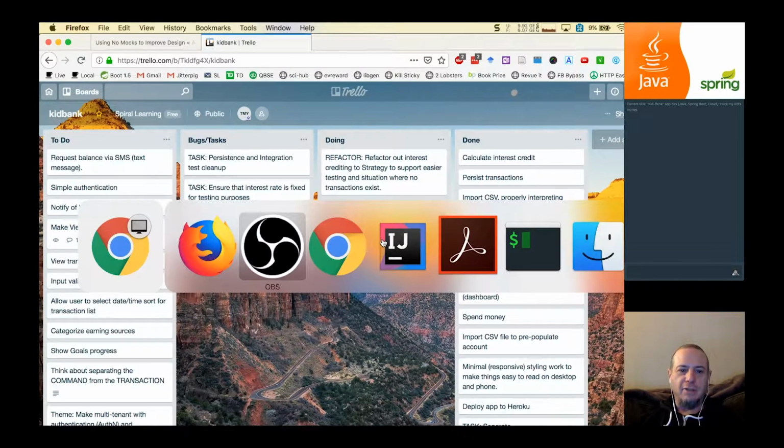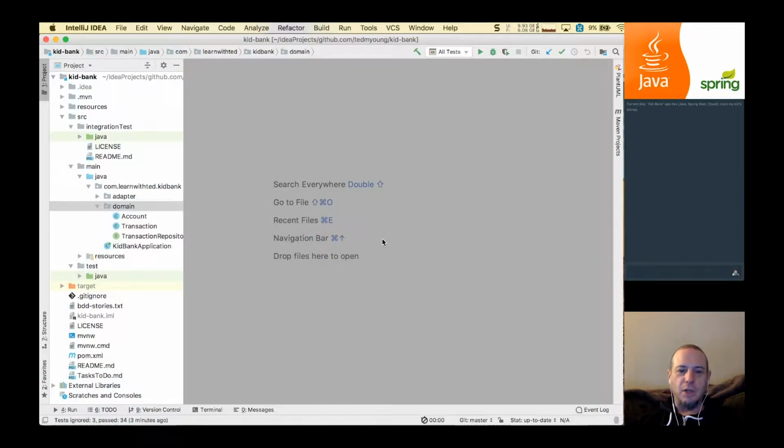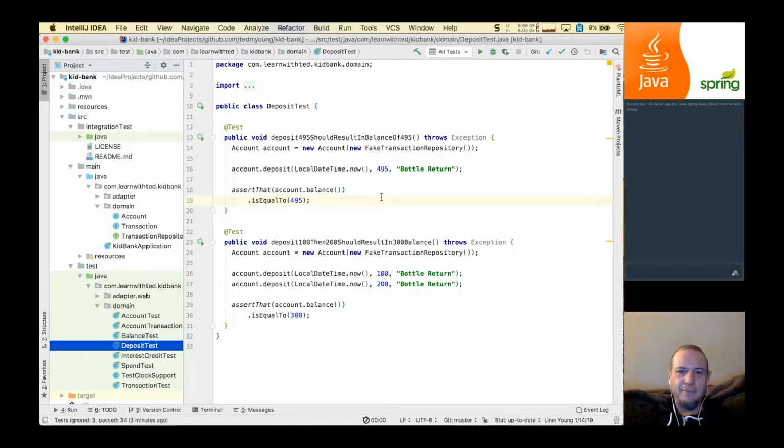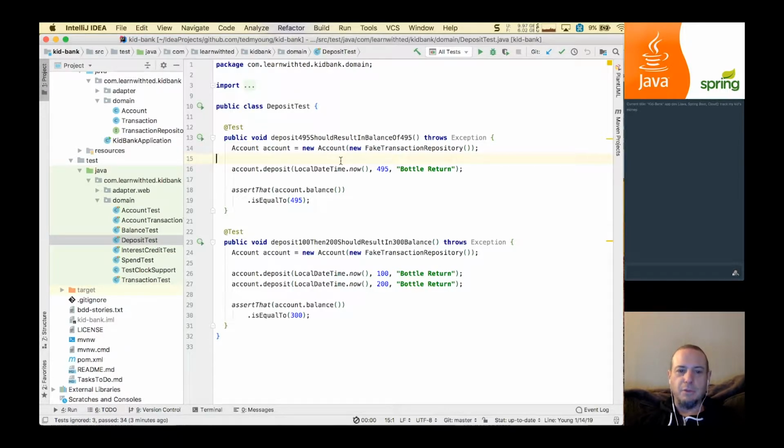Where we left it after episode 11 was, after we had implemented the proper interest crediting stuff, we found that in our deposit test, if time passed between depositing the money and checking the balance, we could get interest being credited here, and we actually don't want that. So to make it more clear what was happening,